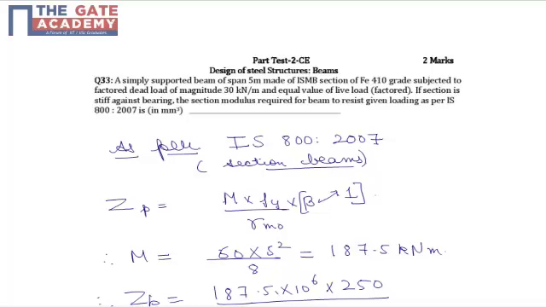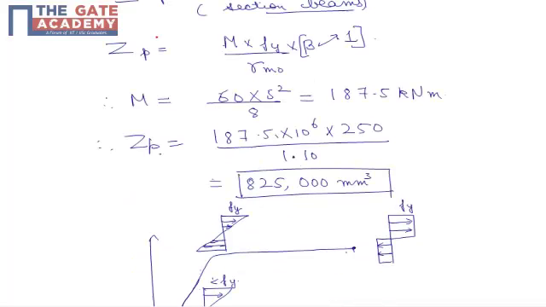So it is asked that what is the section modulus required for beam to resist given loading as per IS 800-2007. Now here the keyword is IS 800-2007. Some students might make the mistake that instead of taking ZP they might go with ZE, and without this factor of safety they will be getting different answers. But here we have to use limit state, which according to design of beam says that ZP or plastic modulus